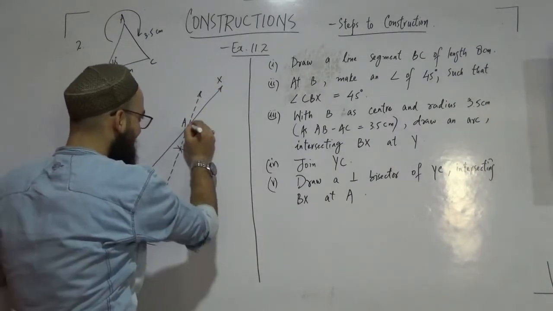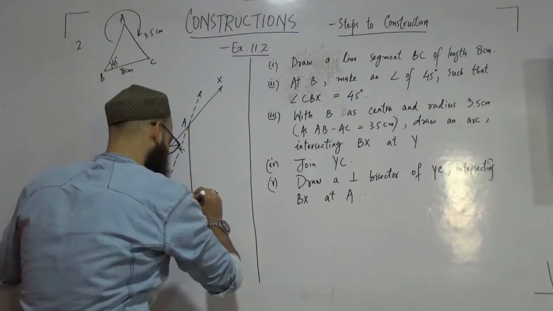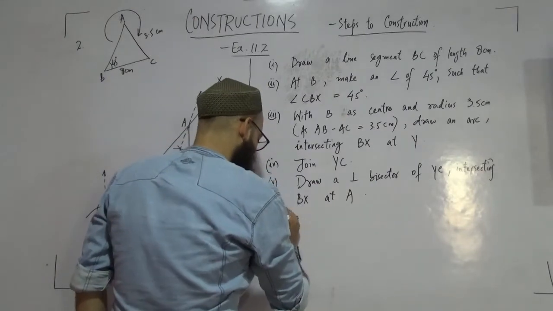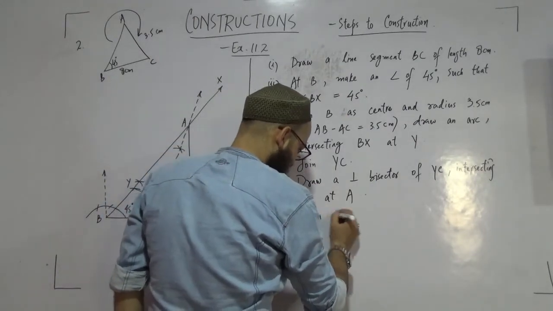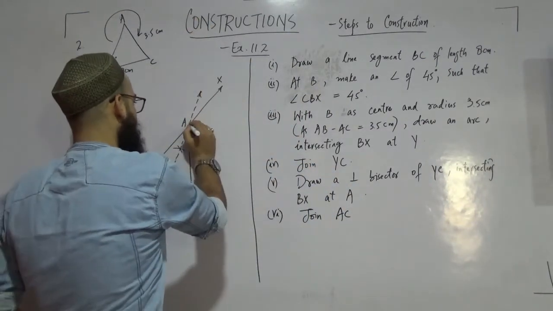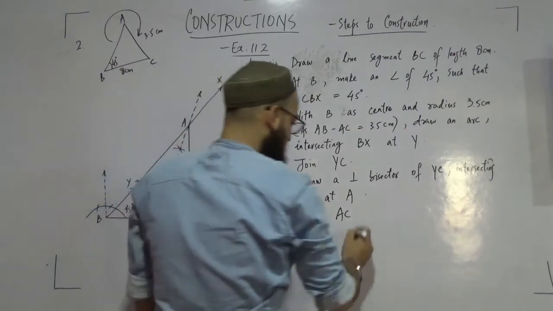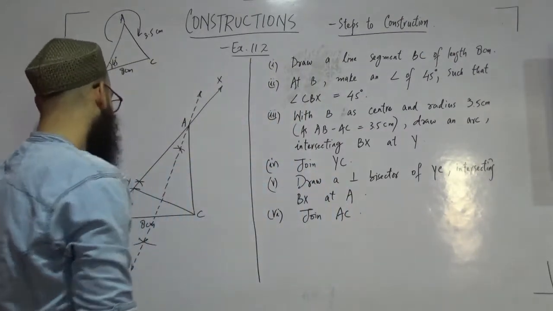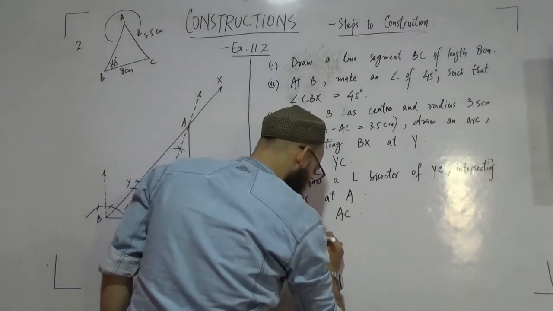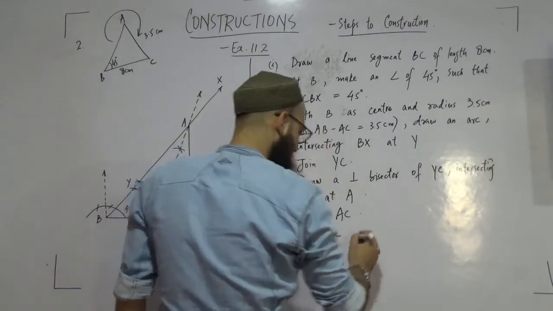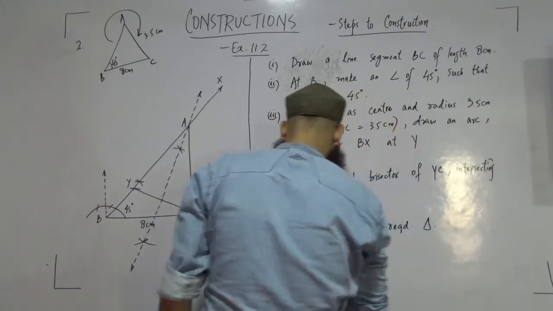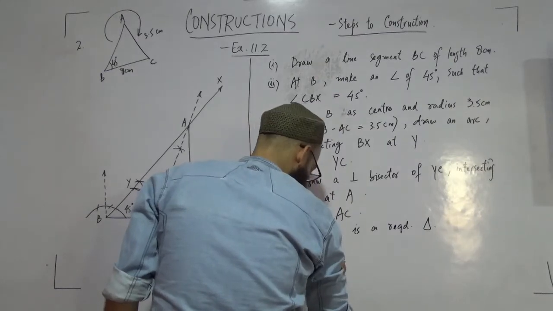Then join AC. Join AC. Now ABC is your required triangle. Therefore, triangle ABC is a required triangle. Hence,